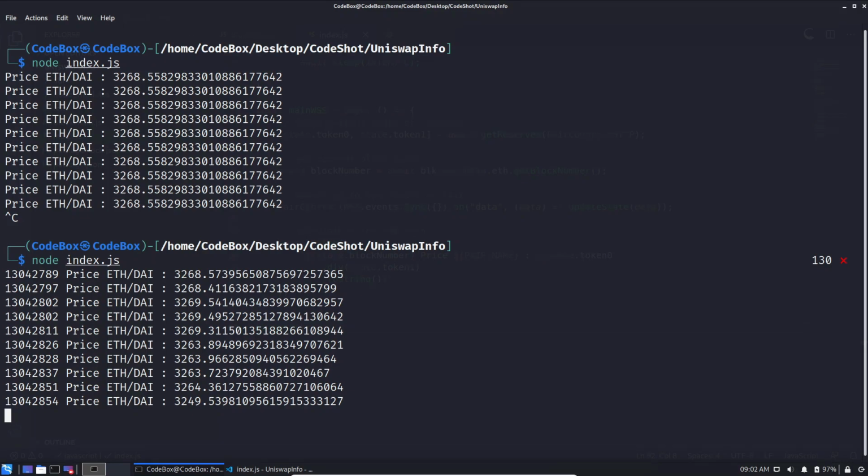As you can see, rather than querying the blockchain every second, we are now getting the update as the prices are changing. I just fast forwarded the video to show you how the prices change. So this is how we fetch the price of the token from a Uniswap pair contract. I've shown it two different ways: first using the HTTP provider, and then using WebSocket. With the HTTP provider, we were continuously querying the blockchain to get the price, and with WebSocket, we are actually waiting for the Sync event.